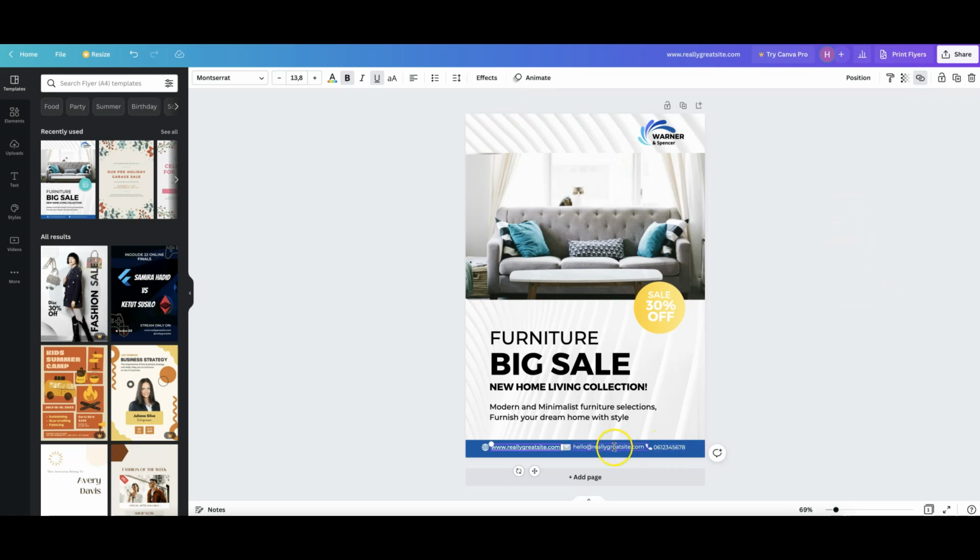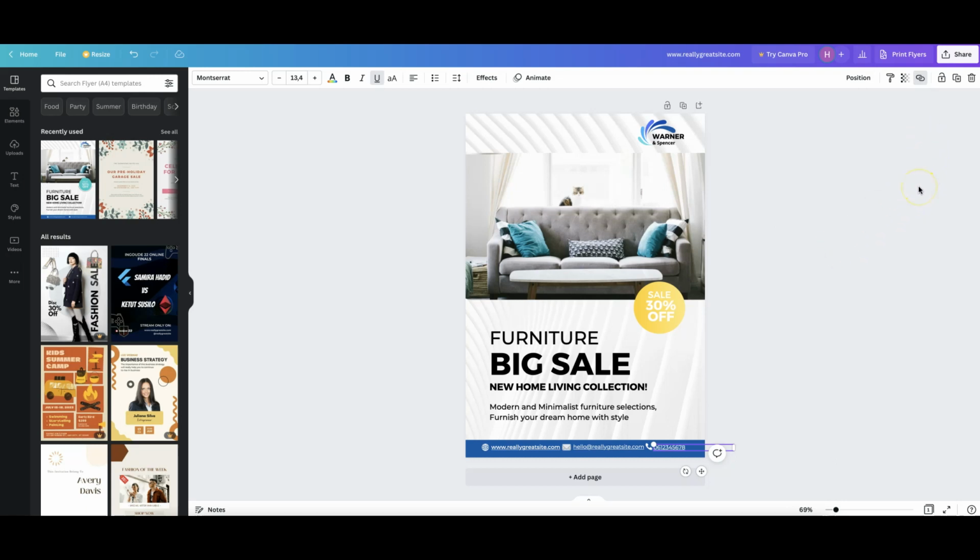Now I click on the email and click on the link icon again and insert an email address. And it's added. And now the phone number, I click it and then the link icon and insert a phone number. Then I click somewhere else, and now to upload it and keep the links you need to choose to